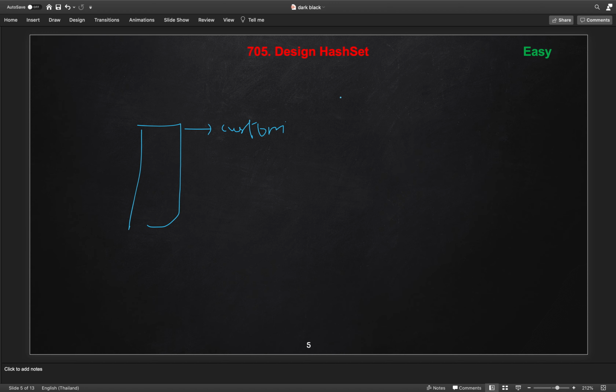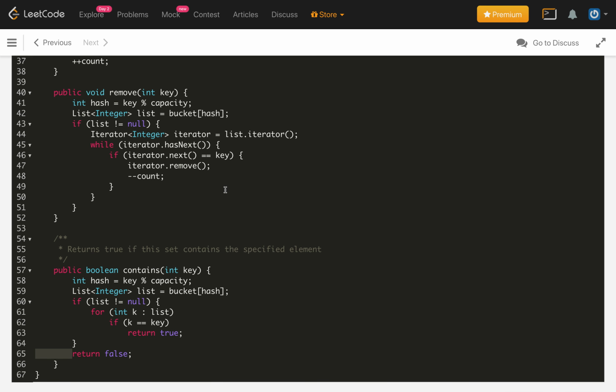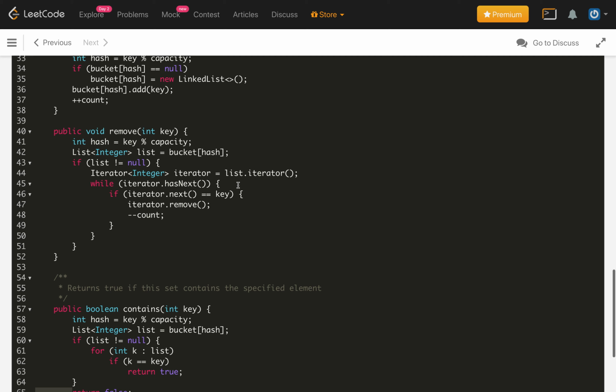We can create a custom node using an inner class Node that will have an int value and the next pointer, Node next, and this is the simplest node. And with this node we can create the buckets using an array of this node, and then do the basic operations whatever we did here as well. So this is the implementation.